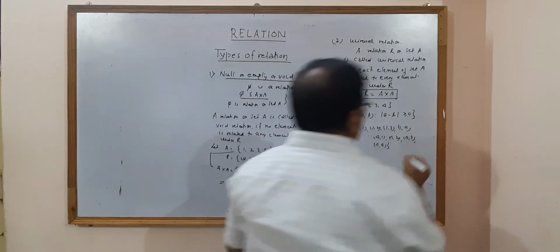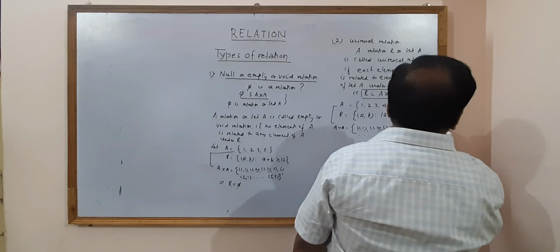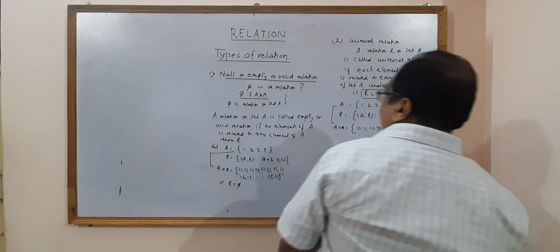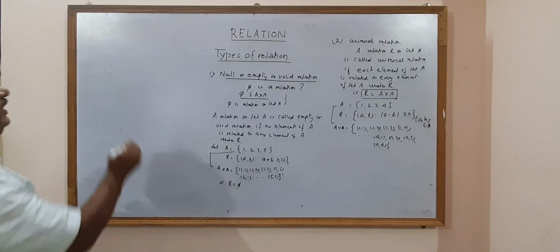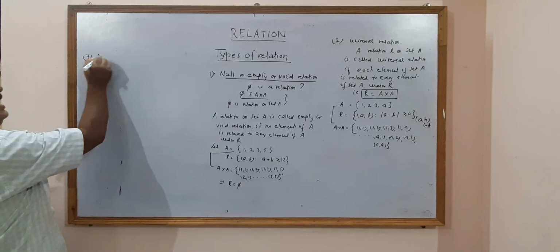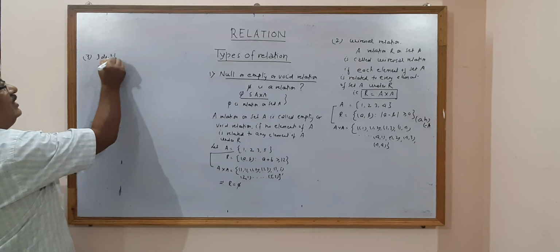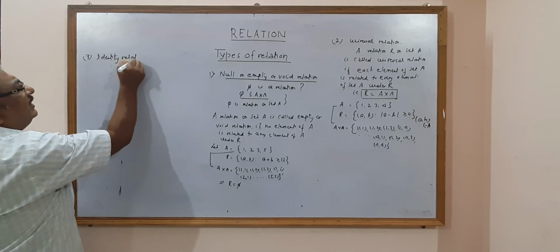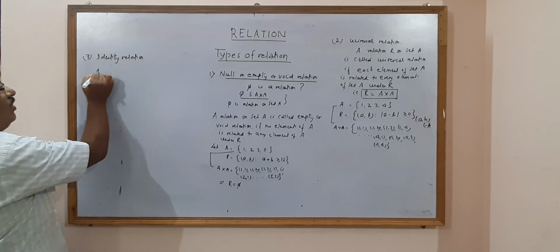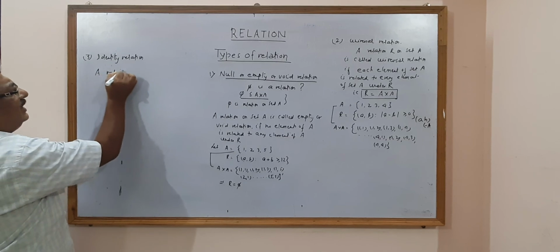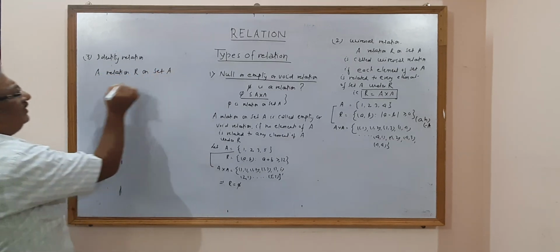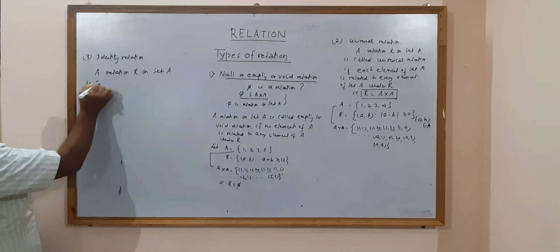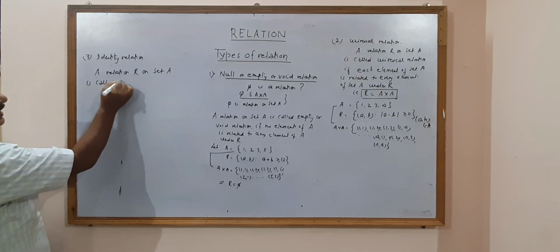Here (a, b) belongs to A. We can write here (a, b) belongs to A. Now the third is the identity relation. A relation R on set A is called the identity relation